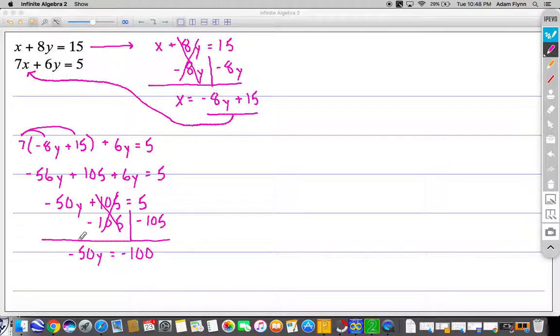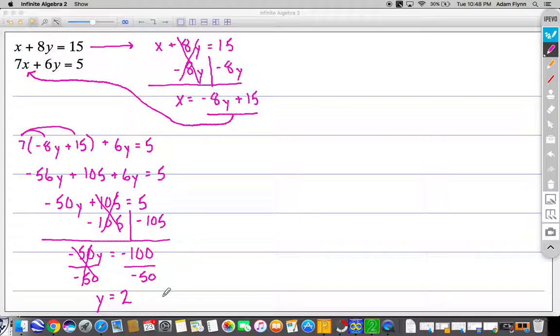Last step to get the y by itself: since negative 50 and y are being multiplied, I'll divide by negative 50 on both sides. Negative 50 divided by negative 50 cancels. So y equals negative 100 divided by negative 50,